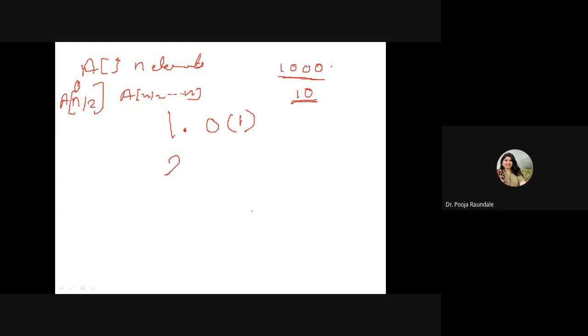And then your second step is sorting the separate subproblems, right? And your third step is merging. So if you are merging n elements, it is order n, right? Whenever you are merging one element n times or n elements 1 time, it is order n. And how many times will you have to merge this? You will have to merge it till its height, right? And the height of the tree is log n.